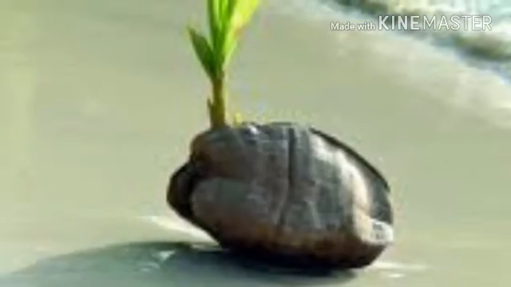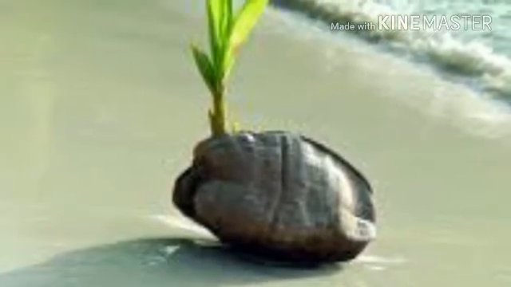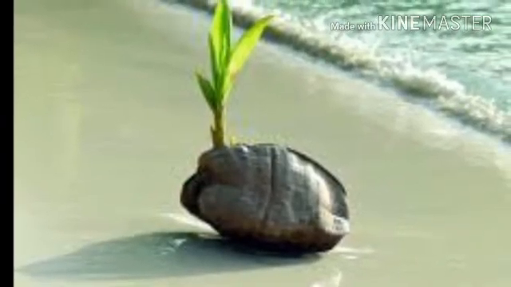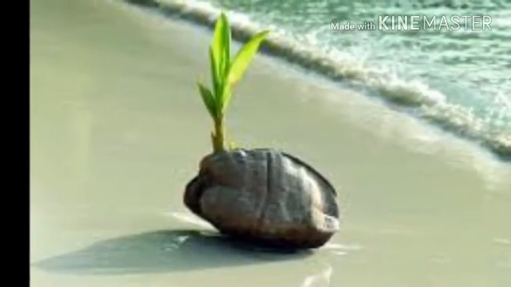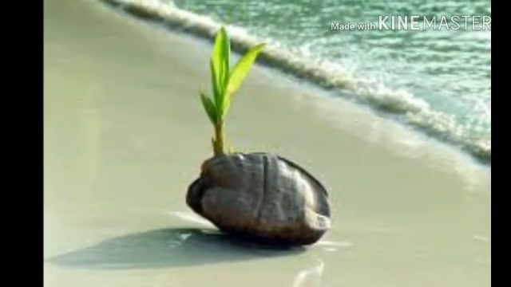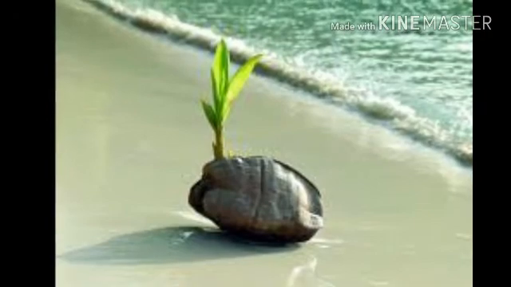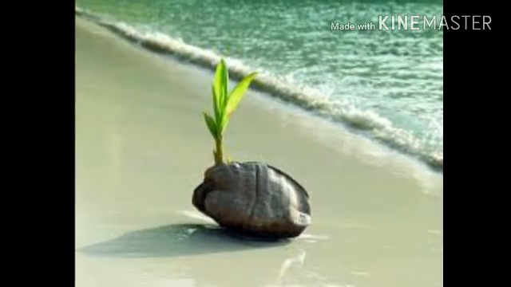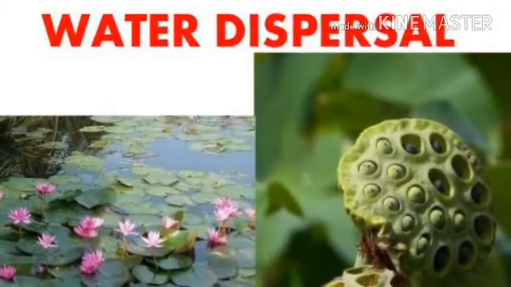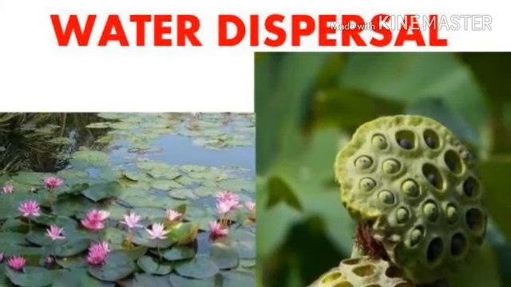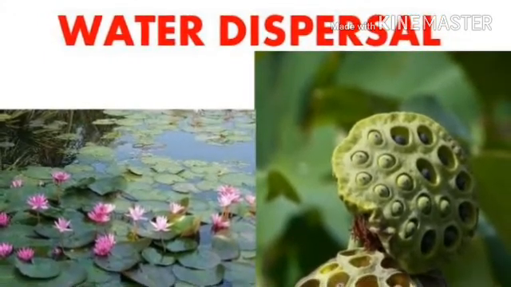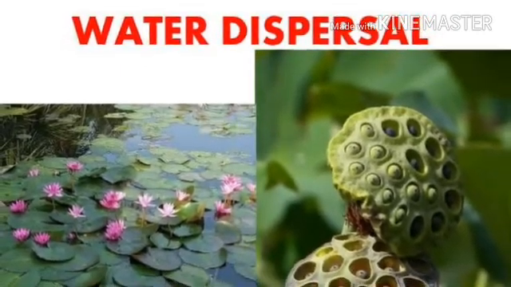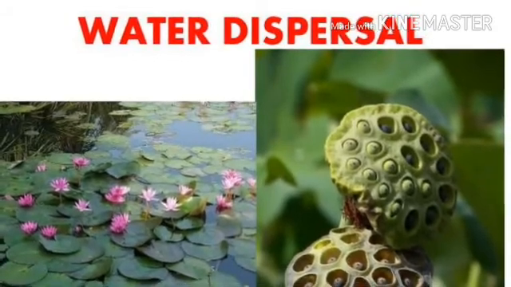Another use of water is seed dispersal. Seeds like coconut seeds can be dispersed through the sea water or any water body. They carry the seed from one place to another, and whenever the seed reaches a good place, it starts growing. So here sea water helps in transportation of seeds, and fresh water also is involved in seed dispersal. Like lotus and water lily, they could disperse their seeds by the water. Dispersal is nothing but transporting the seeds from one place to another.